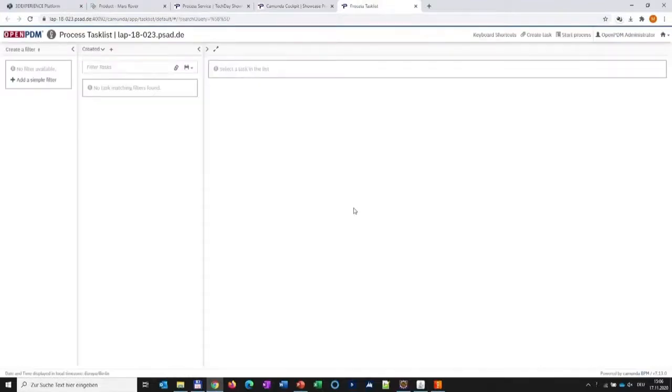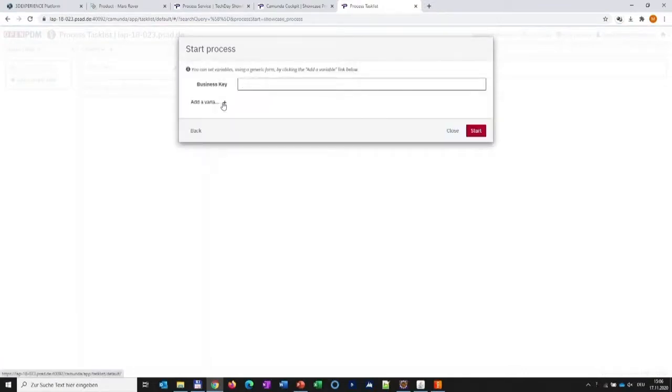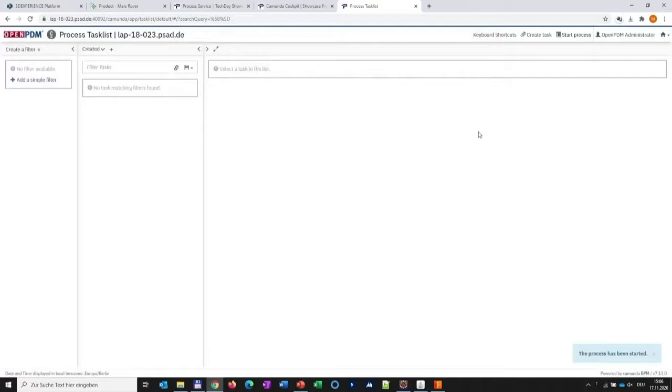That's possible to test processes, or just as now to carry out a demo. I'm just going to click on Start Process and select the respective template. I'm going to enter a business case so that this process can be found better later on, and I'm going to start the process.